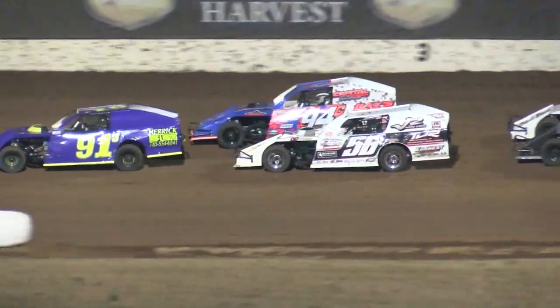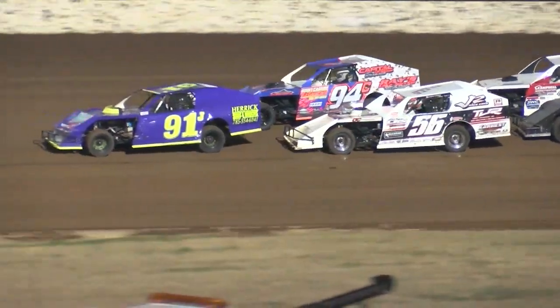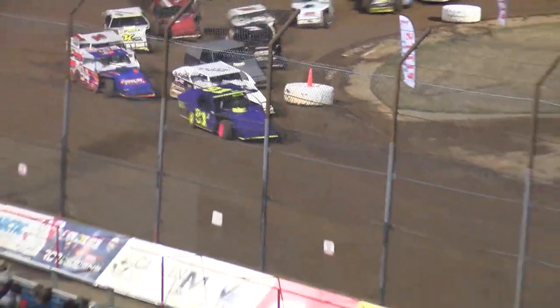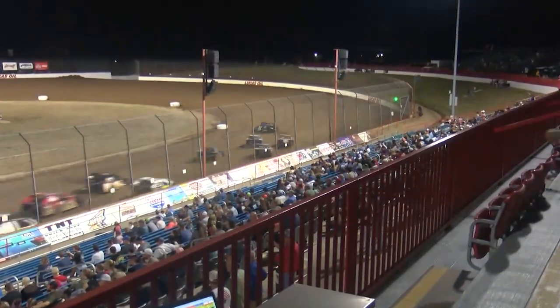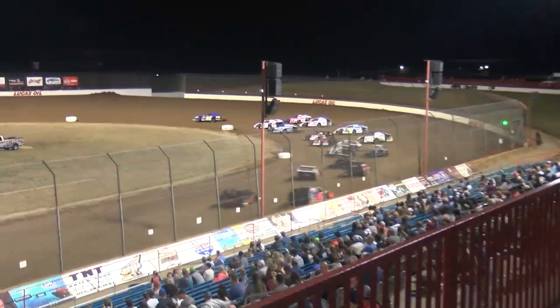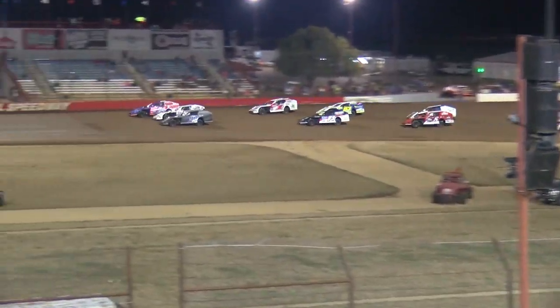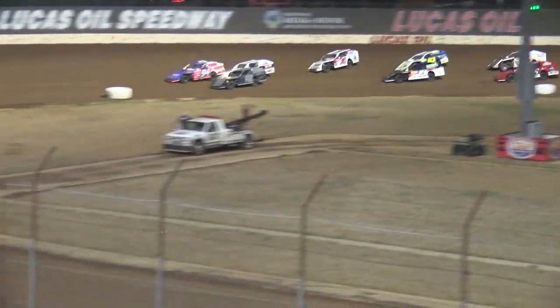And the test for JC is to see if he can get all the way back up to the front and make a run for a win through the Pitts Realty restart zone. Jalen Wettengale would love nothing more than to pick up his first B-Mod win of the year on the final night of the Big Adventure Championship Series here at Lucas Oil Speedway, and he has checked out 3 cars, all